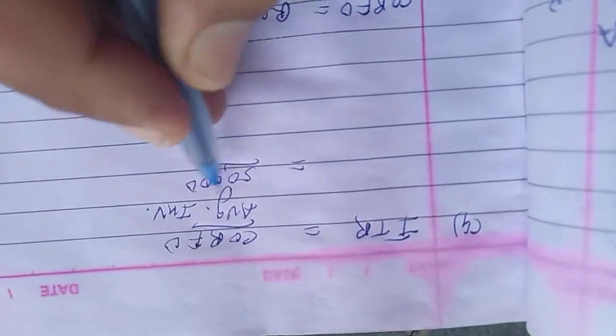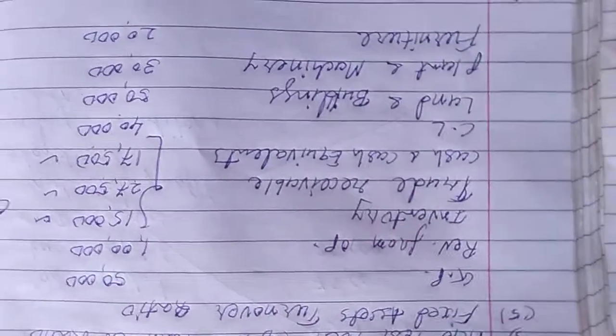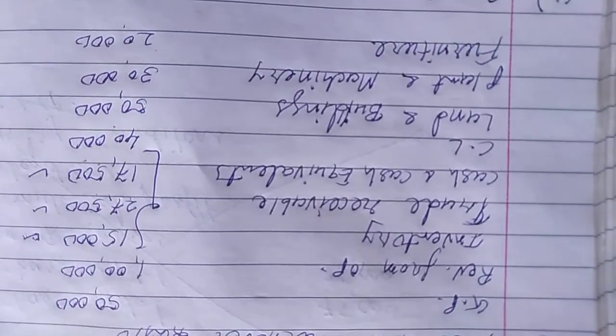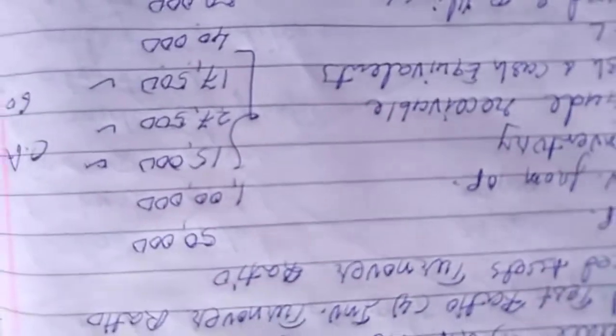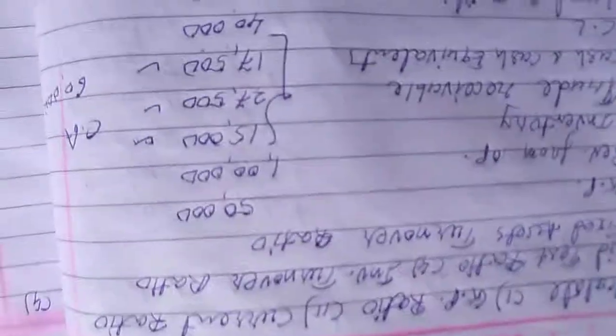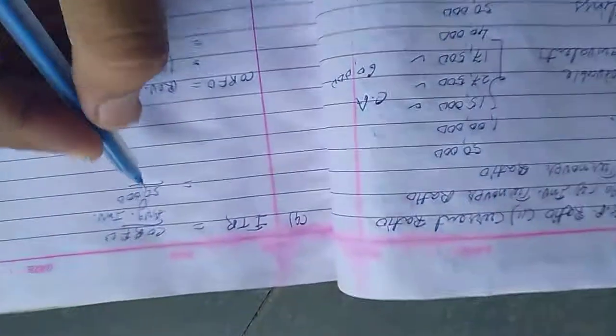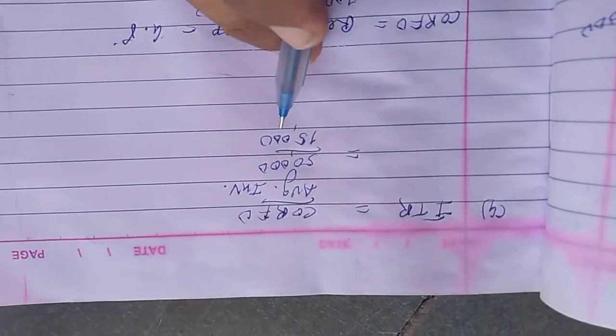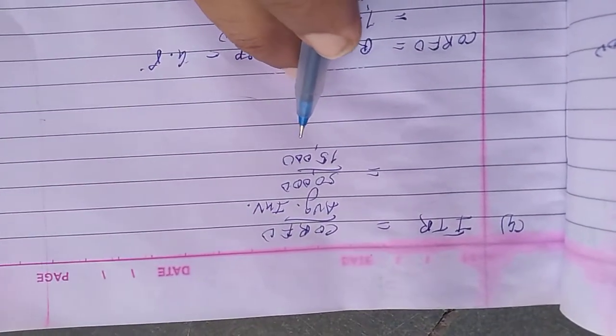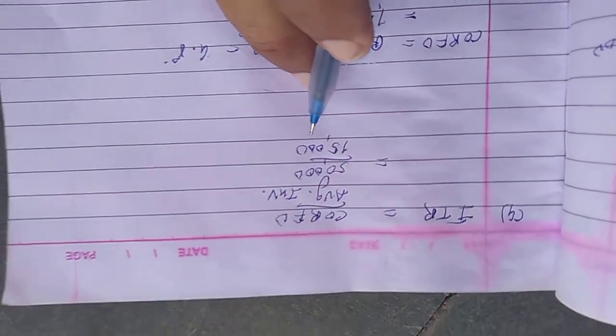Then we have to find average inventory. Then how to find average inventory? Here only one thing is given: inventory, not given any opening inventory or closing inventory. Otherwise you know average inventory is equal to opening inventory plus closing inventory divided by 2. But here only inventory 15,000 is given. So we will consider this inventory as the average inventory. So 50,000 divided by 15,000. No other information is given, only inventory, so that will be the average inventory.